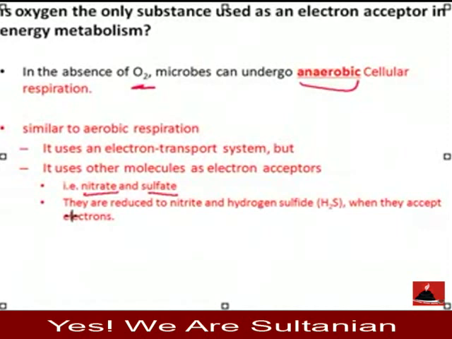So basically what they all have in common, whether they undergo anaerobic or aerobic cellular respiration, is that they all undergo glycolysis, the intermediate step, the Krebs cycle, and the electron transport chain with chemiosmosis. The only difference between the two is the final electron acceptor. So that wraps